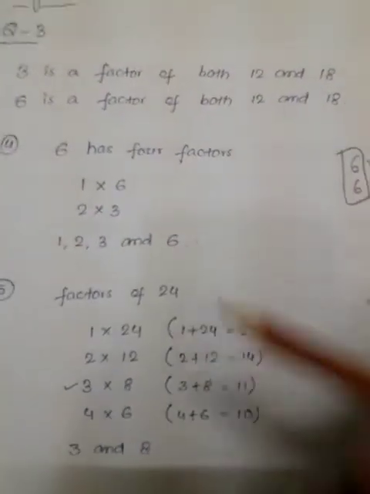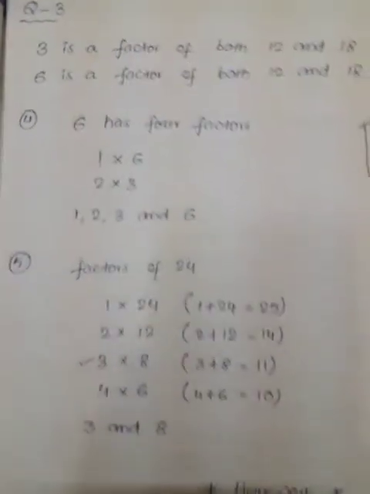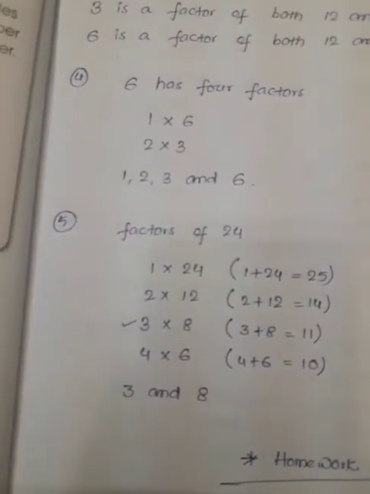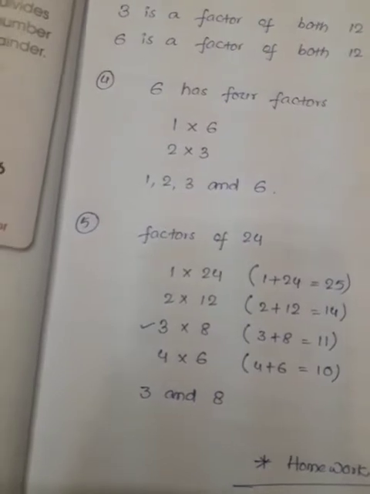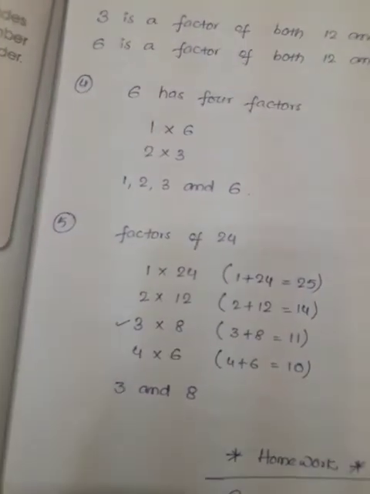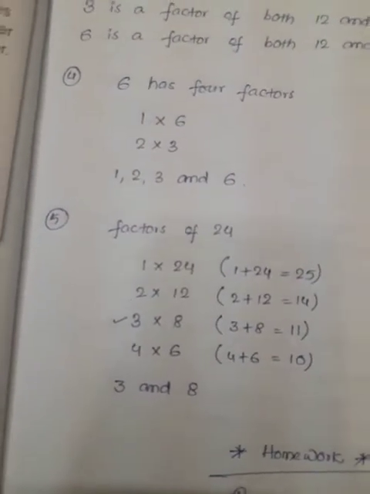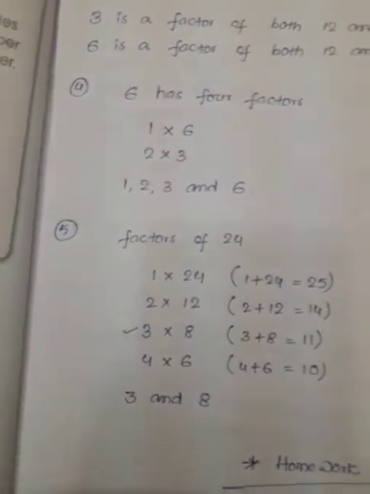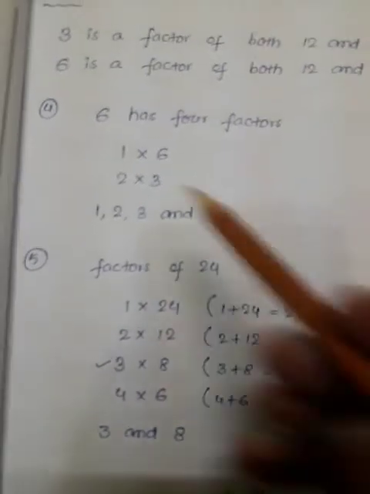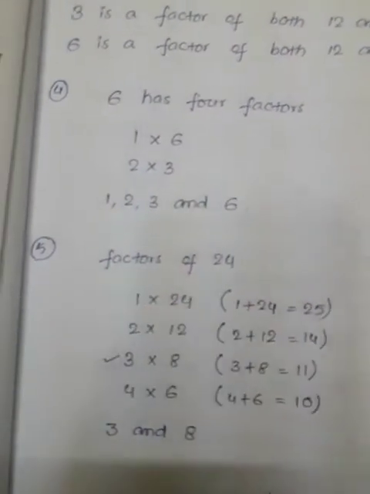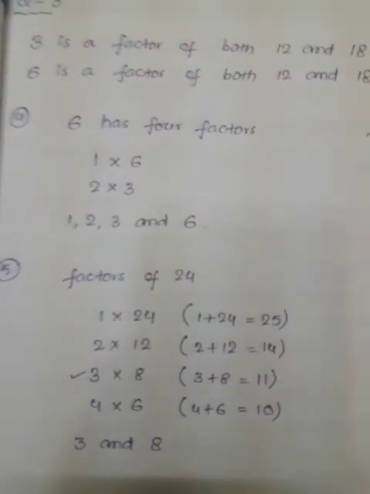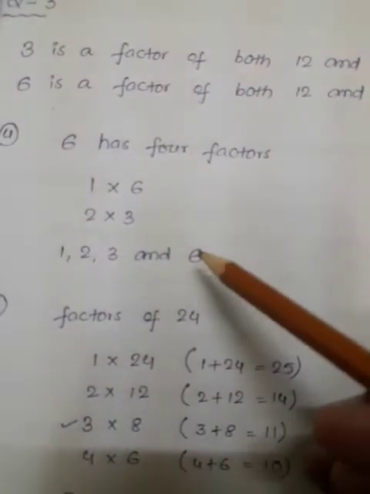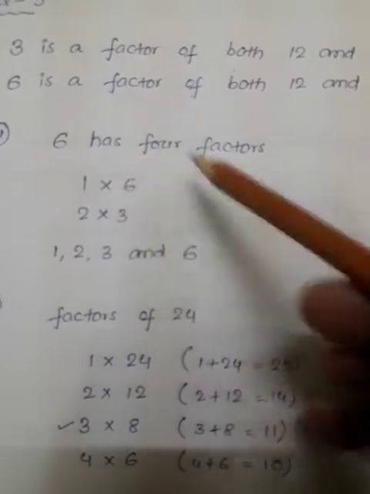He asks you to write one more number which has 4 factors. Before 8 there is a 7. 7 is an odd number. So 7 has only 2 factors, that is 1 and 7, because 7 multiplied by 1 equal to 7. There is no other table with a 7. So now 6 has 4 factors. 1 multiplied by 6 equal to 6, and 2 multiplied by 3 equal to 6. Next is 3 table, but it is repeated, so stop checking the factors. So 1, 2, 3, 6 are the only 4 factors. So 6 has 4 factors.